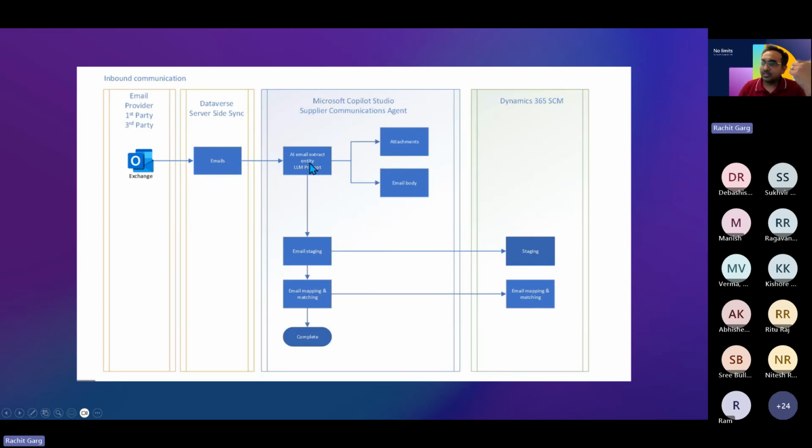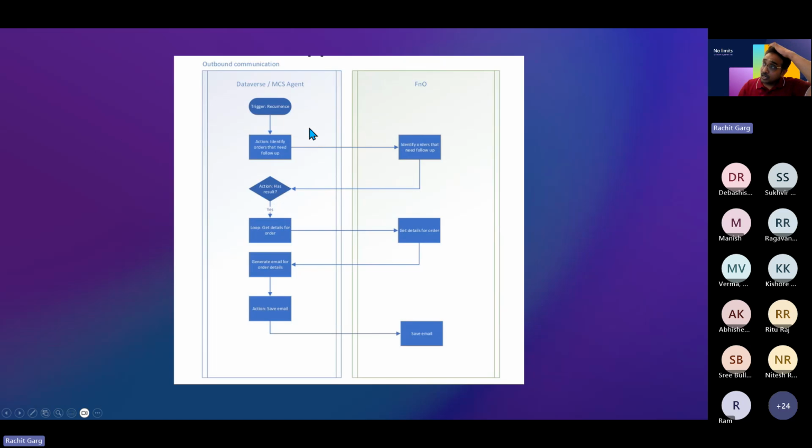This is Power Automate and Copilot Studio running to extract the email information, segment it, categorize it and put it in an email staging table. There is a new custom table in finance and operations where this data is also pushed. And then there is the email matching and mapping algorithm, which identifies the purchase order lines which are impacted, and then generates the data in these tables, which you can view on the supplier communication agent workspaces.